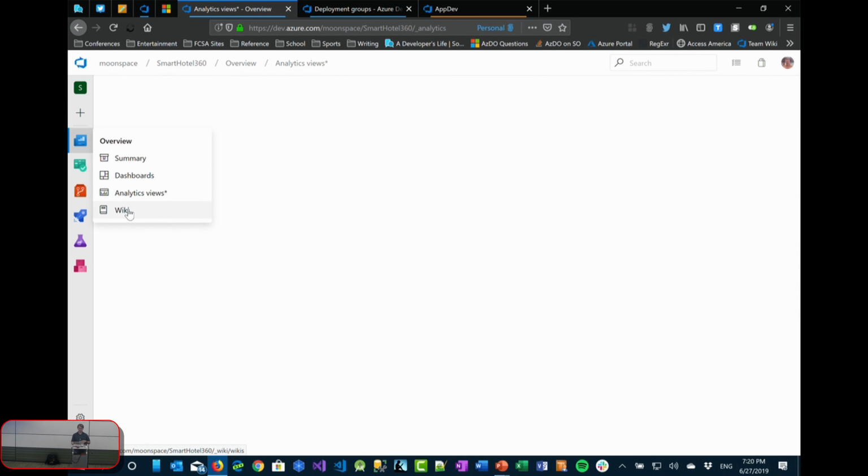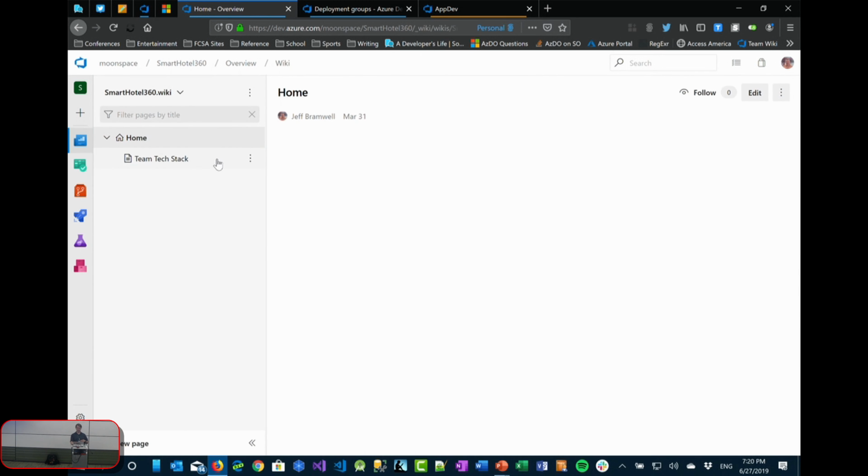And then lastly, this is a pretty boring one, but wikis. Azure DevOps actually has a pretty decent wiki experience. This wiki is pretty boring because it's empty. But it's what you would expect out of a wiki. It's all markdown based. You can add pages, folders, images, blah, blah, blah, all the stuff you would expect to have. Wikis actually do get utilized, or at least here, quite a bit.